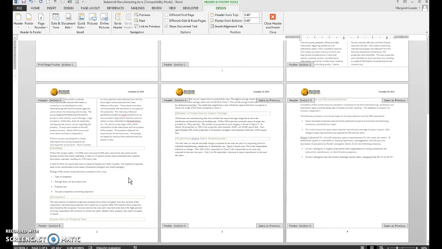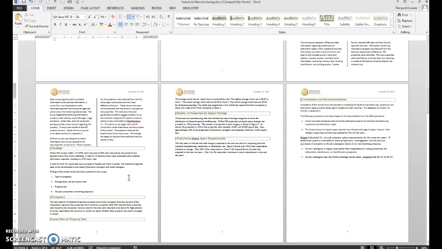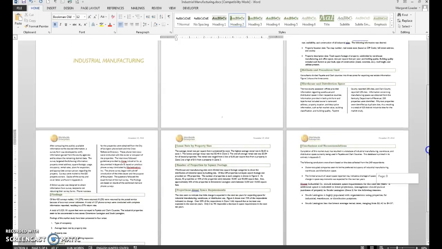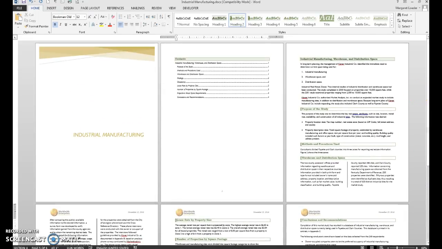So, looking good. All right, the last thing on number 7 is to use a simple page break to force any side headings to the next page if they're sitting alone at the bottom of the page. So I'm going to double click to close my header footer toolbar, and I see that I have a lease rate by property size header there. I'm simply going to click in front of it and do a Control Enter for a hard page break, and there we have it. So that is how you create this